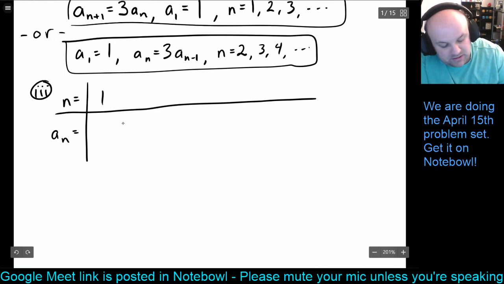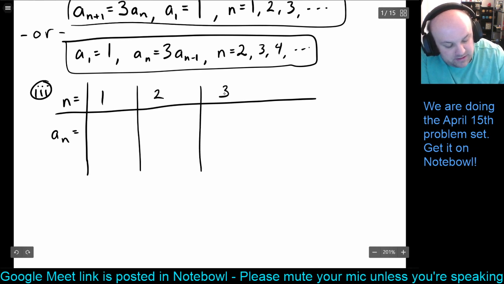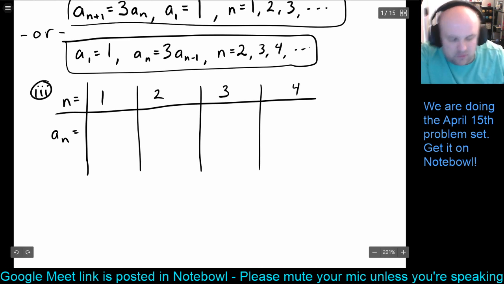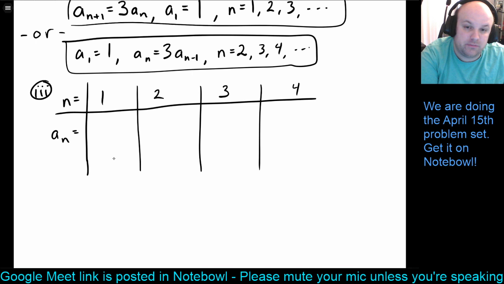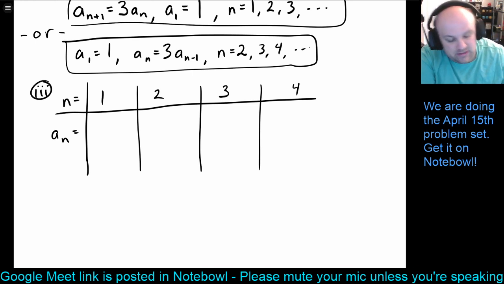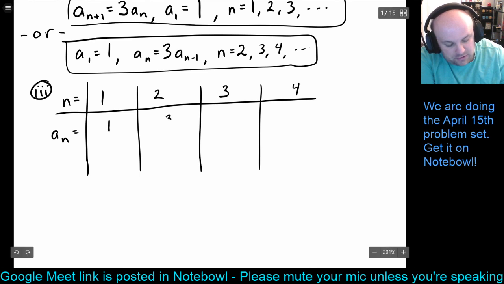So here we're going to make a chart, and we're going to write n equals 1, n equals 2, n equals 3, n equals 4, and we'll add more columns if we need to. I like making these columns a bit wide so we have some room to try and write out a formula in. Right? So here, we're starting at 1, then 3,